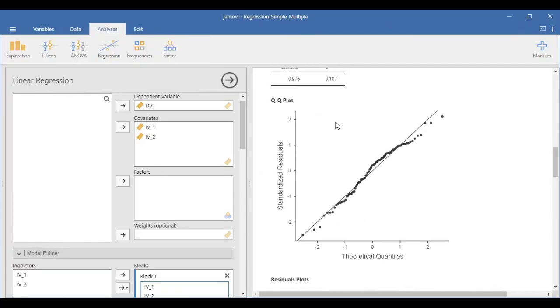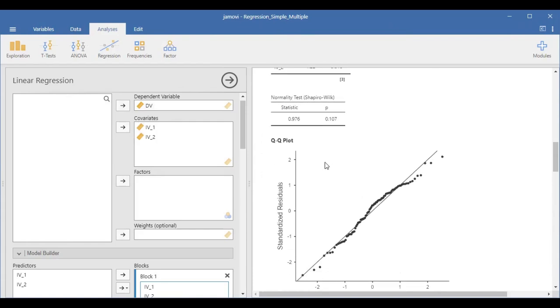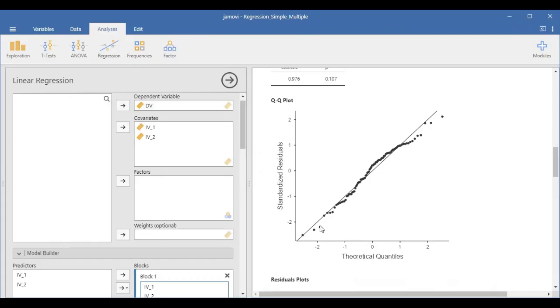And what you expect for this assumption to be met is that the data points are approximately on this line or very attached to this line. But here you can see, although the Shapiro-Wilk result is sort of satisfactory, there are some data points that are not perfectly sitting on this line. And this can show that there is some slight violation of the assumption of normality of residuals for our regression